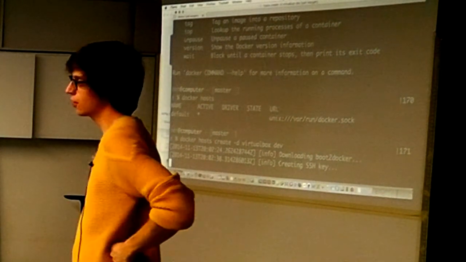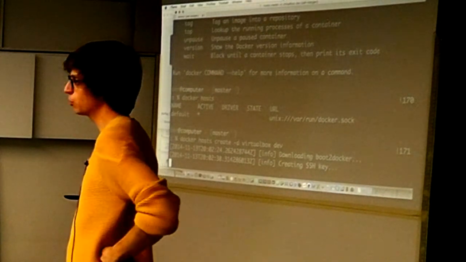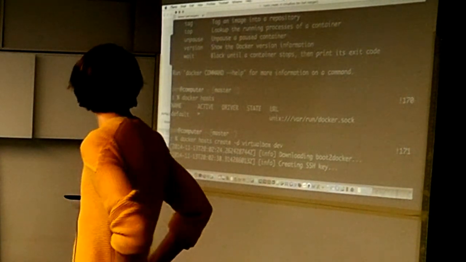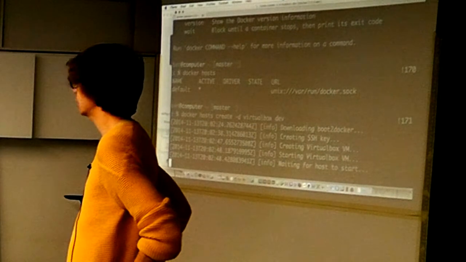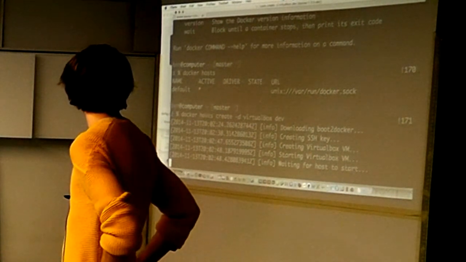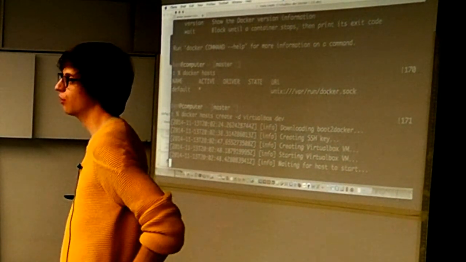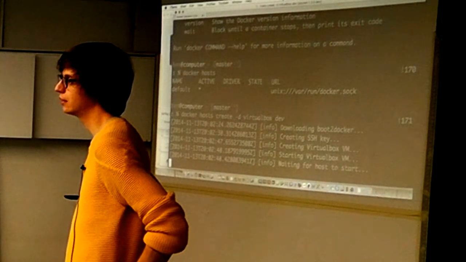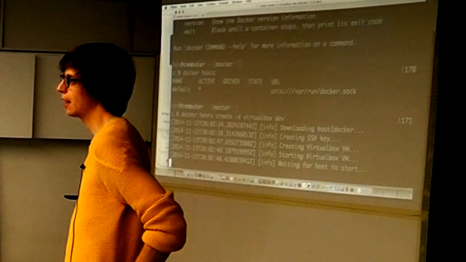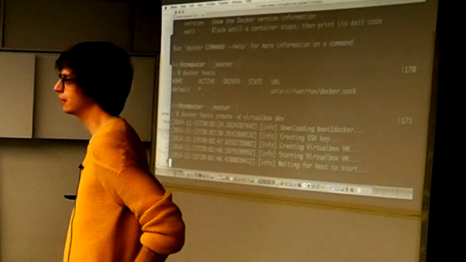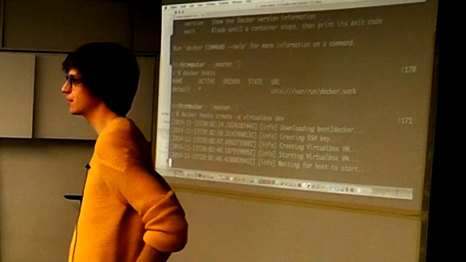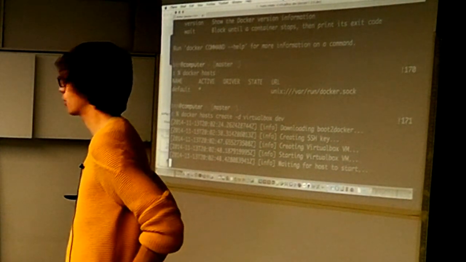It's downloading Boot2Docker, which is a VM that's really small, so that's quite quick. It creates an SSH key to be able to talk to it, it creates a VM, and it's going to boot up. And this is what the Boot2Docker command line client already does at the moment, but pretty much ported to be inside the Docker client itself.